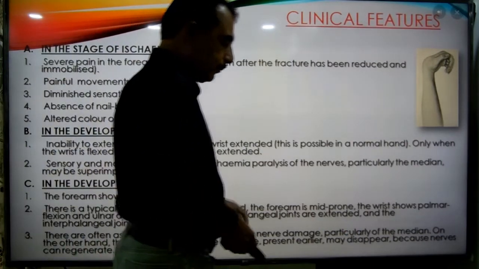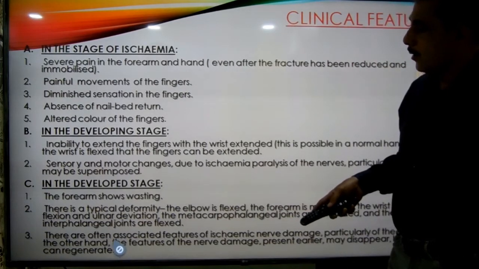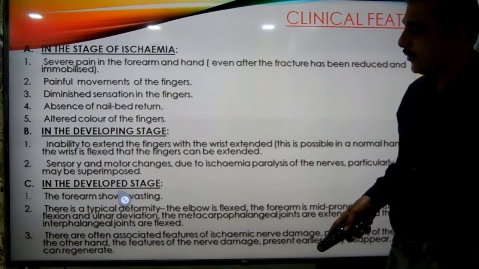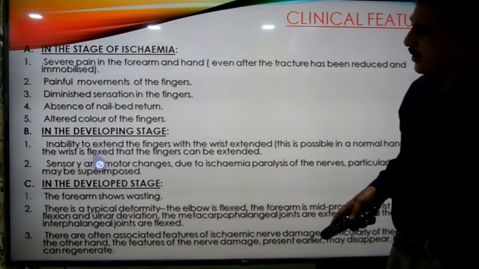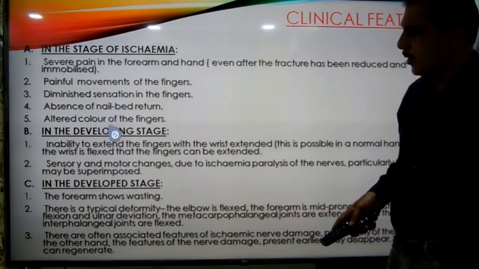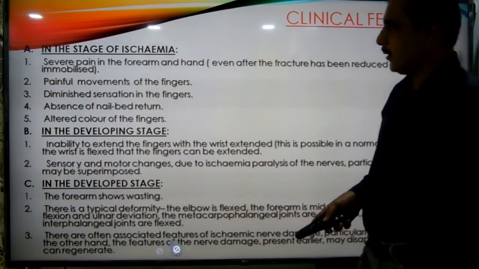Isn't it? So these are the clinical features after the development of Volkmann's ischemic contracture. All these are the clinical features representing the ischemia. So you have to diagnose in which stage it is, either the ischemic stage, the developing stage, or the developed stage. Do you understand? Then the next,